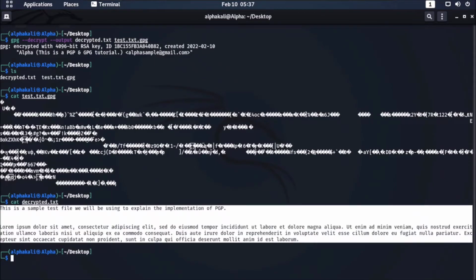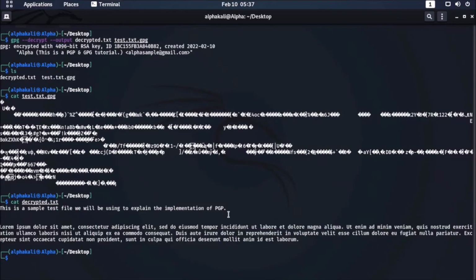And if you remember, this is a sample test file we will be using to explain the implementation of PGP. This was the exact same content present in our original test.txt file. You can see that it is no more gibberish. It is easily understandable now, and